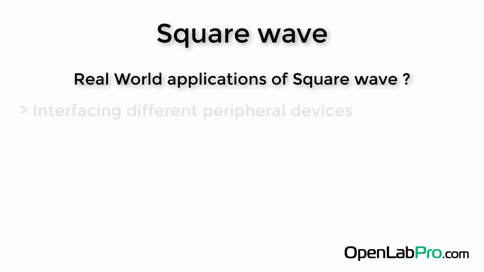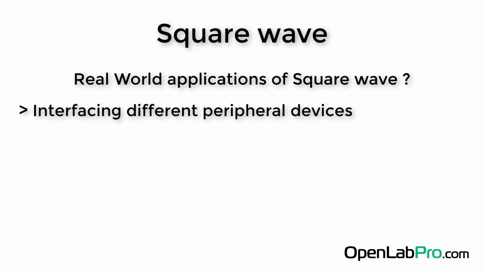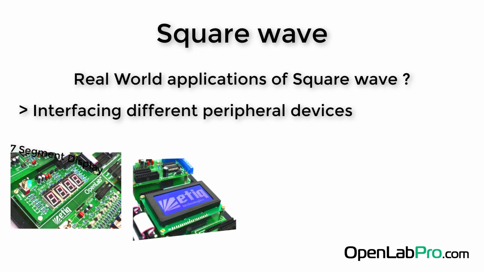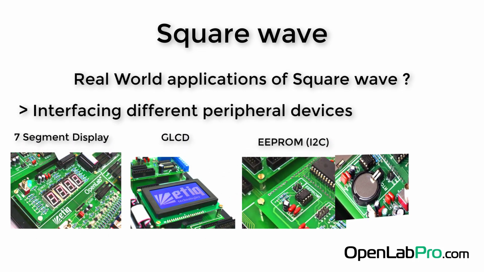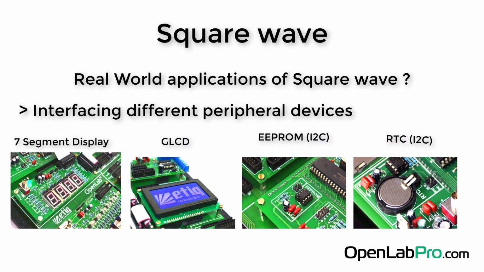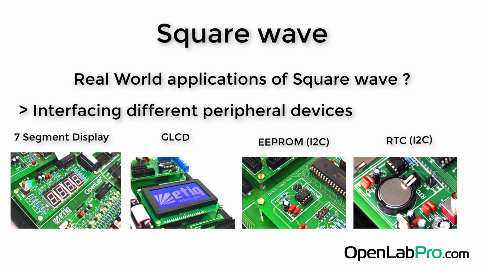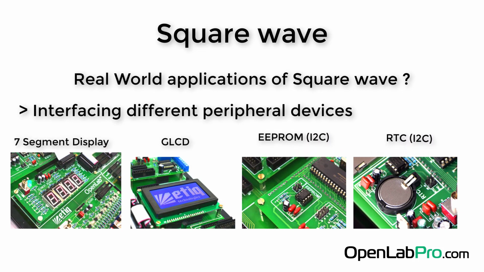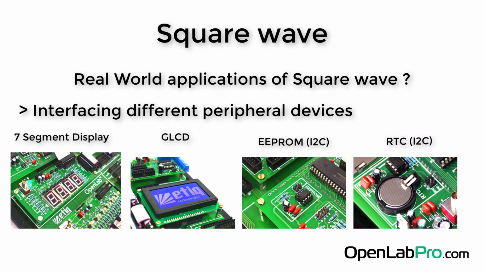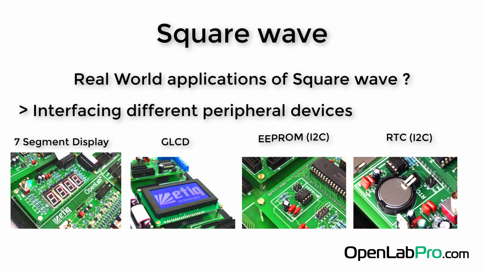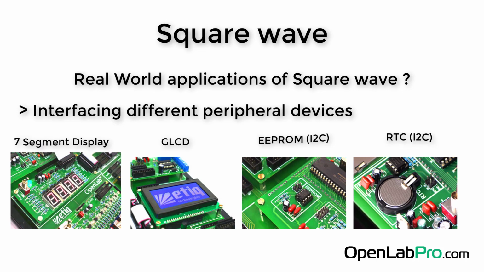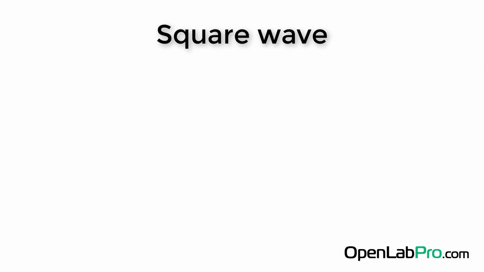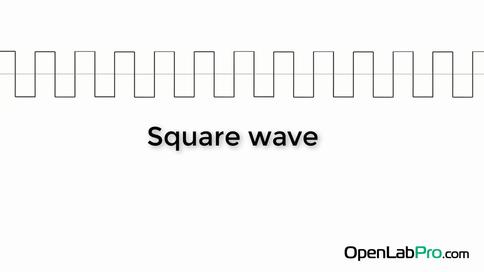Similarly, do you know how we transmit data between different peripherals in embedded systems? Do you know what kind of signals are used in different protocols such as I2C and SPI? Since you understand the logic levels, now you can easily say that these signals are different variations of square waves. Square waves or their different variations are widely used in different digital circuits, embedded systems, and digital computers. I hope you understand the basics of square waves.